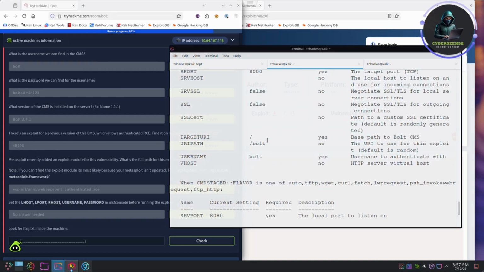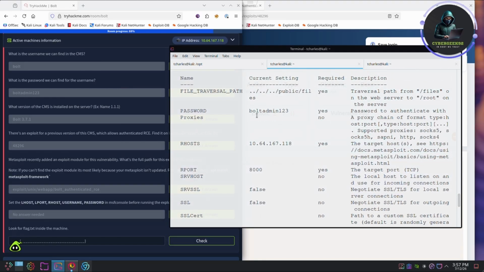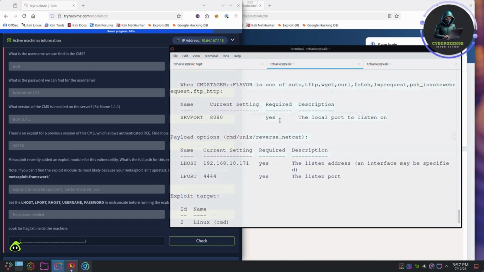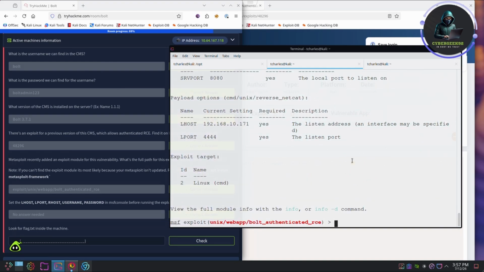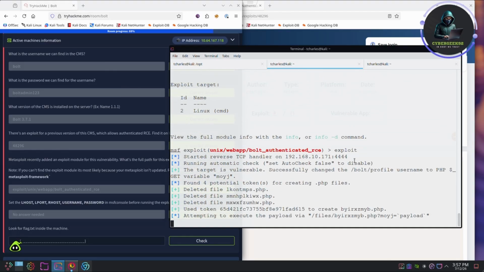Username is Bolt. This is the correct IP address, 10.64. Password is Bolt admin123. Let's try it again though, because if not, then I'm probably gonna use the AttackBox machine just to do this part. Let's do exploit. Let's see. Hopefully this time we get something different. But let's see. If not,